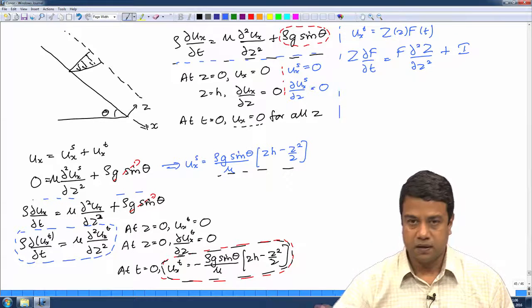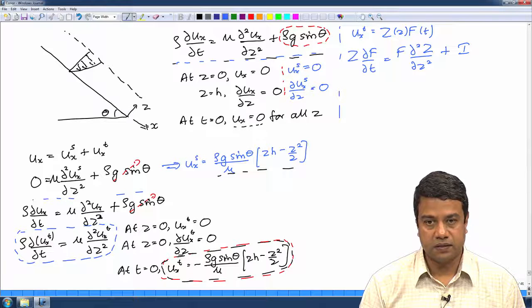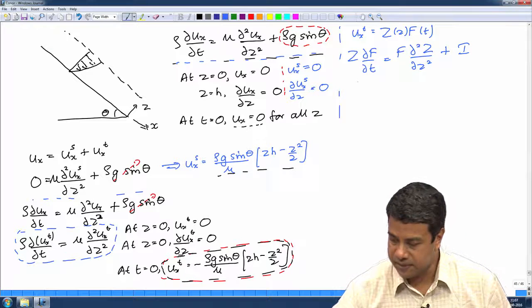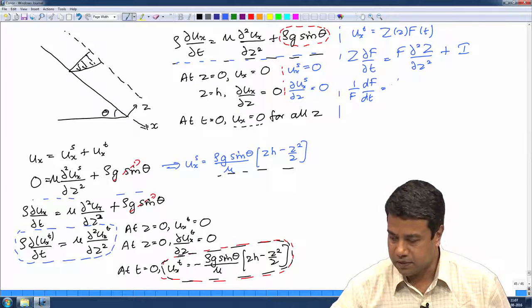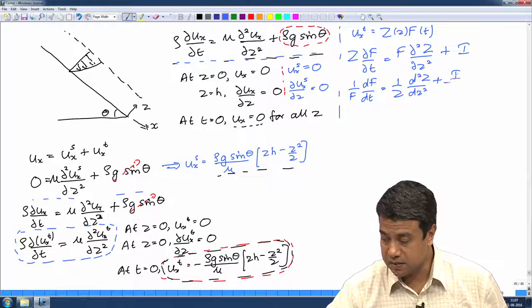And if I divide throughout by Z times f as I have been doing for separation of variables, what I will get is that 1 by f df by dt is equal to 1 by Z d square Z by dz square plus this inhomogeneous term by